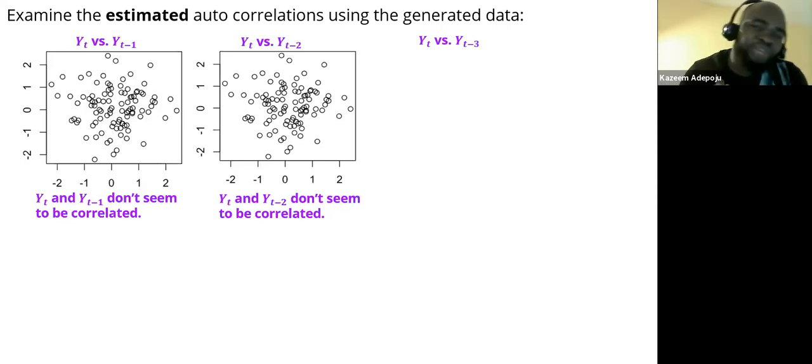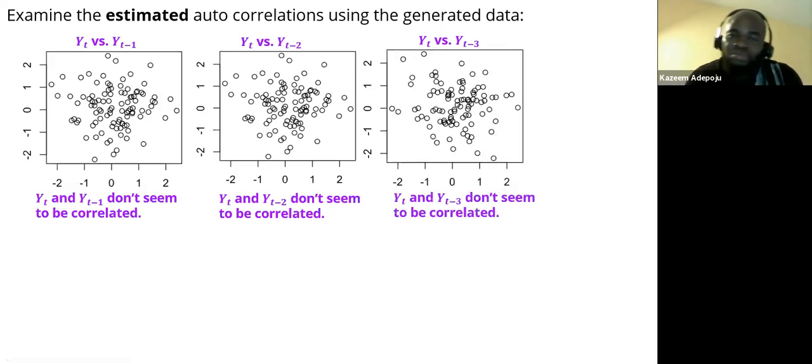So if something has a non-linear relationship, it means something needs to be done if we want to find a correlation. So based on the simulated data set for the lag 1, for the lag 2, we don't see any correlation. Now if you take a look at that of lag 3 as well, we don't see any correlation. So what we have done so far, we have looked at the correlation between